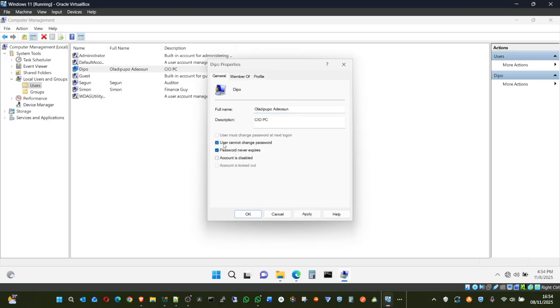Of course, maybe the computer is the one that is facing the customer. Maybe you created a computer like the ones GT Bank usually has in their bank hall, whereby any customer can just walk in there, log in and check the account. So that the user will not change the password of that computer, this needs to be selected: user cannot change password.